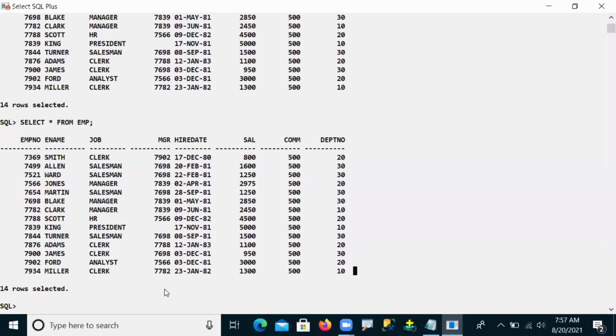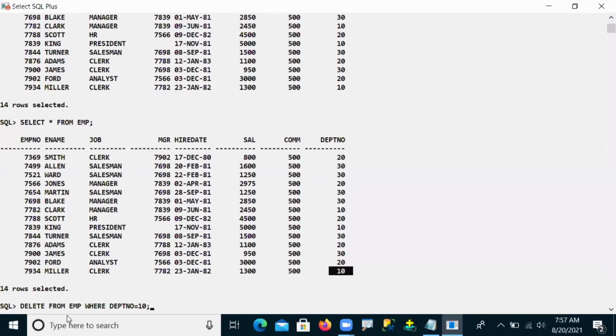Now I'm using delete from EMP table where department number is equal to 10. Here the WHERE clause is compulsory, because we are deleting specific department number people's data. One, two, three: a total of 3 people are working under department number 10.